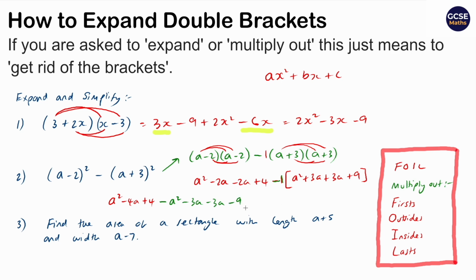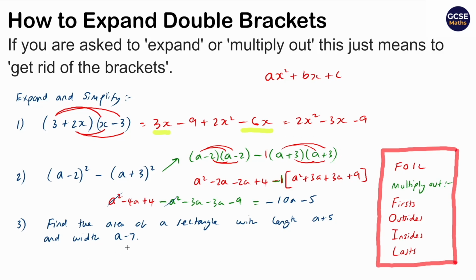Now we can collect the like terms and simplify this. So that is equal to a squared minus a squared. Well, they just cancel. Minus 4a, minus 3, minus 3. So minus 4, minus 3 is minus 7, minus another 3 is minus 10. So that is minus 10a. And finally, plus 4 minus 9 is minus 5. So we are left with minus 10a minus 5. Again, quite complicated, but can be made very straightforward if you remember that this negative 1 is multiplying by all